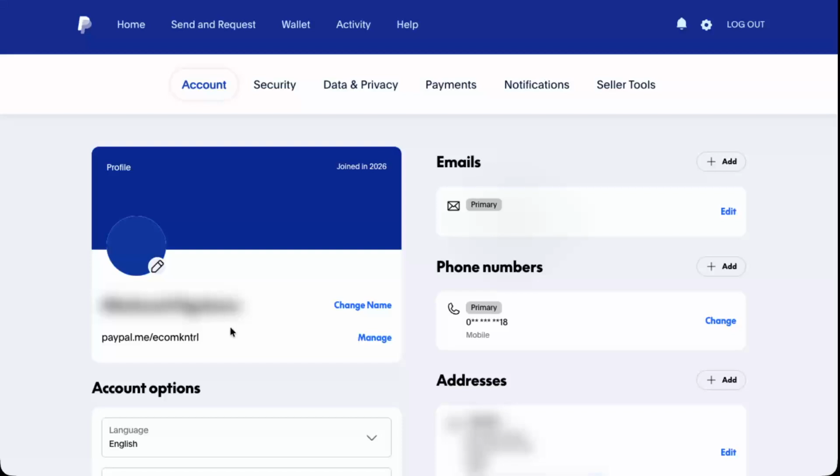And that's it. By going to your dashboard, opening the settings with the gear icon in the top right, and looking in the profile section beneath your profile